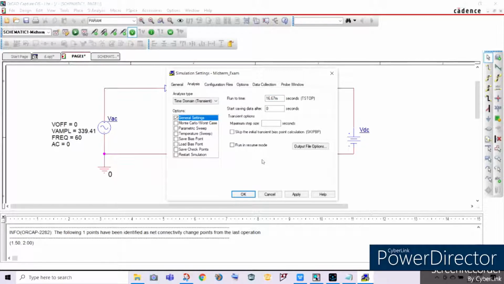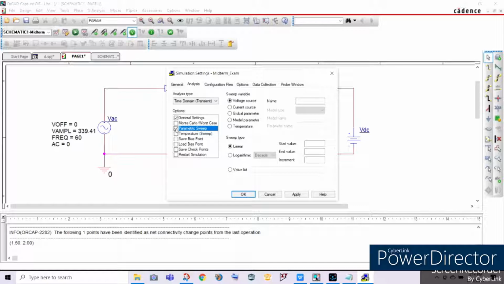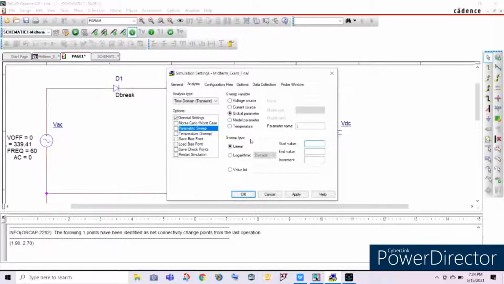And this is really important. In order to determine our variable L, or our inductor parameter, we should use parametric sweep. This will allow us to determine that variable. We should click here global parameter, and our parameter name is L, short for inductor. Now, as you can see on our screen, in the lower corner, we will be setting our sweep type to linear. And with that, we will be setting the start value as well as the end value and the increment that we will be individually selecting in order for us to obtain accurate results